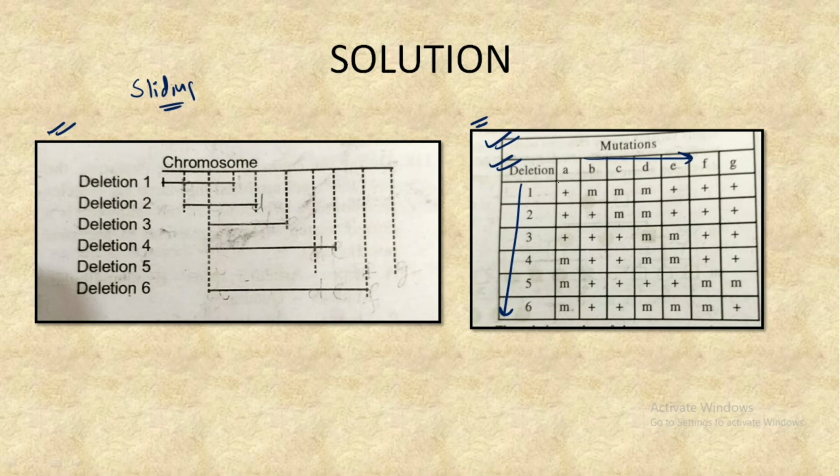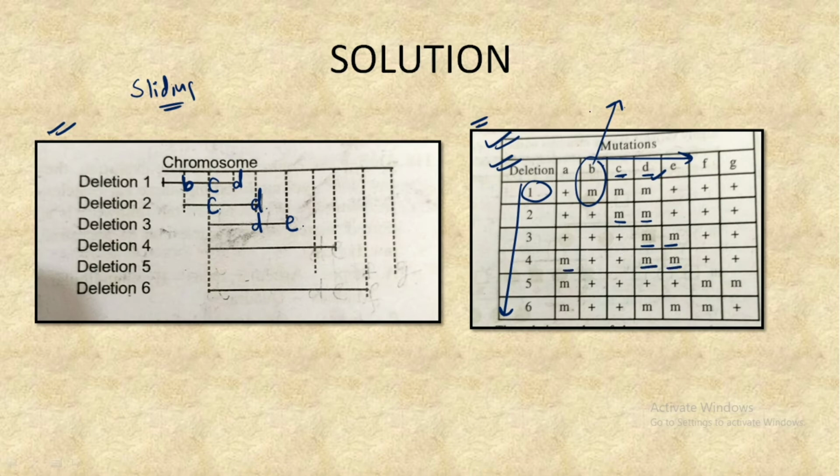You can figure out that the first deletion is present on the B gene. By analyzing this map, B would be present here because this is the chromosome and the deletion overlaps in this region. So initially we have B, then the second one is C, and then we have D. Just write down C and D at the crossing points. In the second deletion, we have C and D as the mutants, so write C underneath the same and D at the crossing line. In the third deletion, we have D and E, so write D underneath and E on the next position. Then the fourth deletion is present in D, E and A.